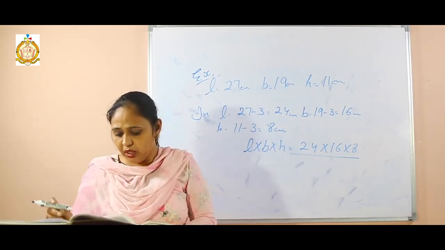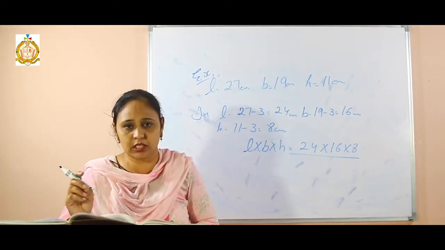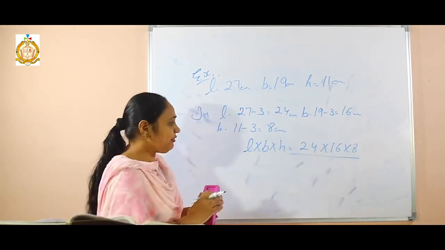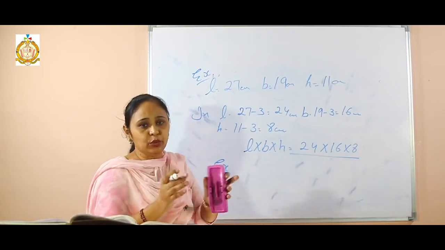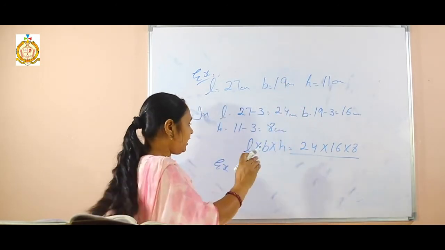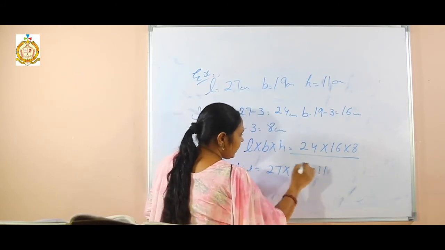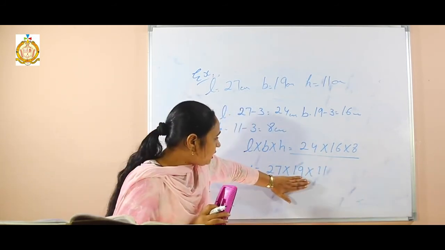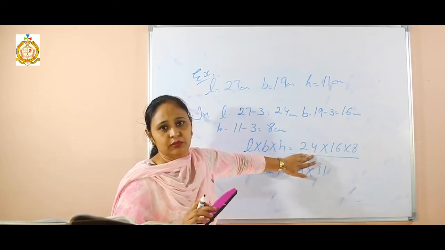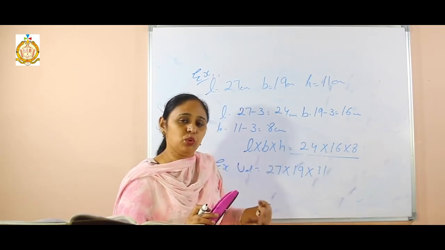Okay. Then we see the cost of the box if the wood costs 1.20 per meter cube. Again see bache, this is the internal volume. If I find the external volume, that means including the wood. Now wood is present when the length is this, breadth is this and height is this. I find the external volume, that is 27 multiply 19 multiply 11. Now this is the volume with wood and this is the volume without wood. I want to find out with the wood, subtract without wood, the empty part. What will remain? Only wood will be there.